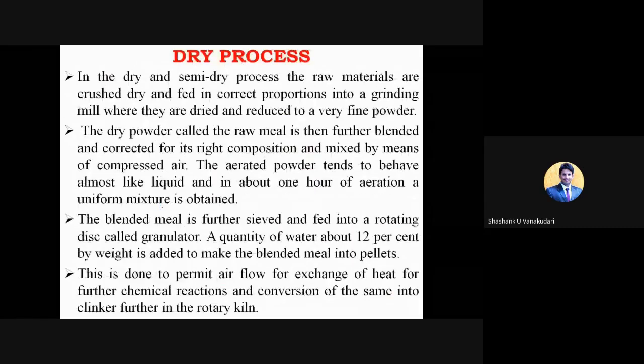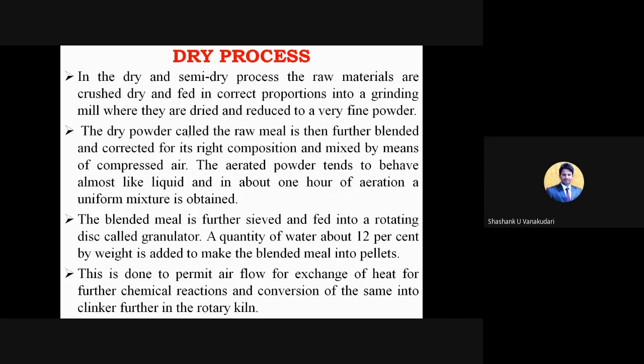Similarly, one more process will come, that is the dry process. The main difference between the wet process and the dry process is the addition of water in the wet process. Here in the dry process, without adding any water, we are going to blend the raw materials so that it gives the maximum strength and binding property within its structure. We'll now study how we give that in the manufacturing process.